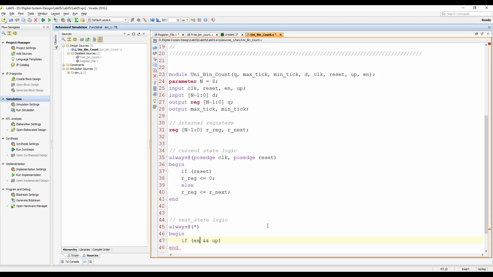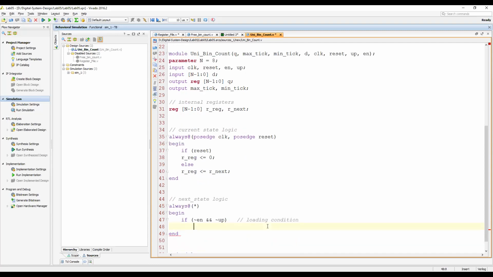I'm saying if this is not activated, and if this is also not activated, then it is a loading condition. So if it is a loading condition, then how to load? We always load into the R next value. And what should be loaded? D will be loaded.